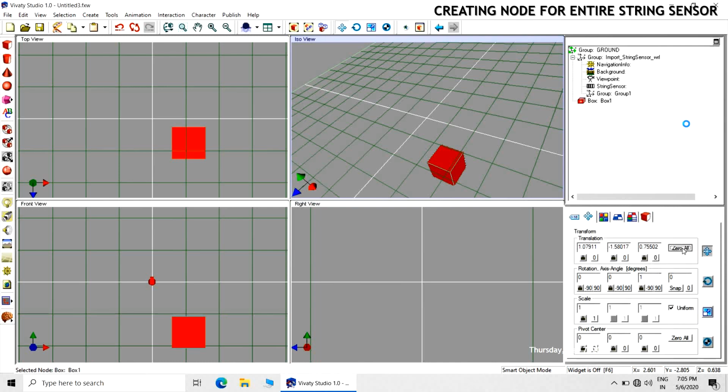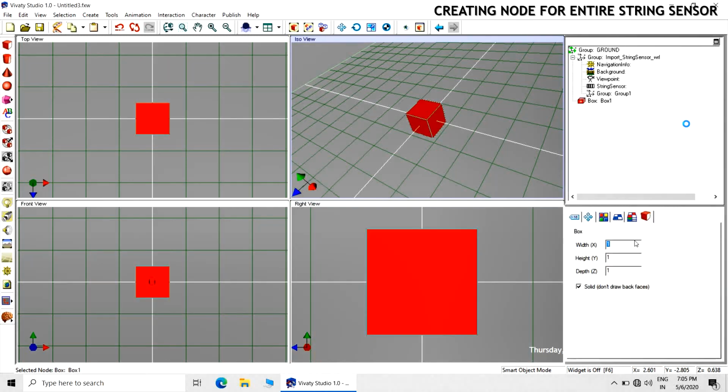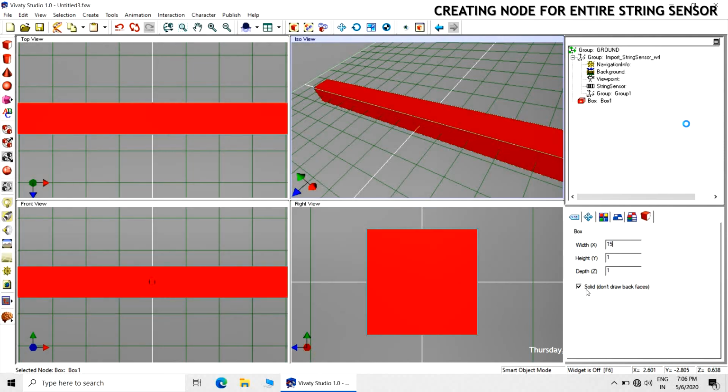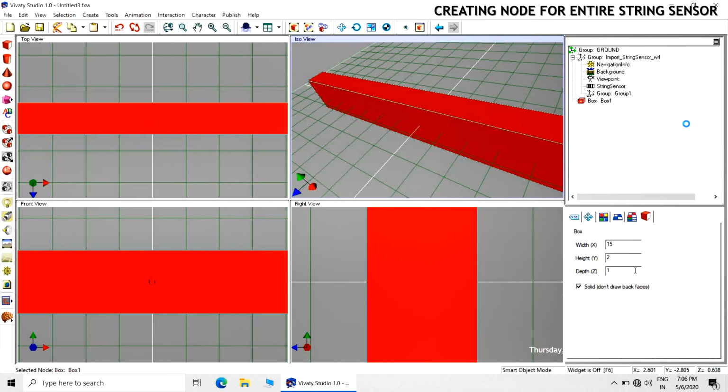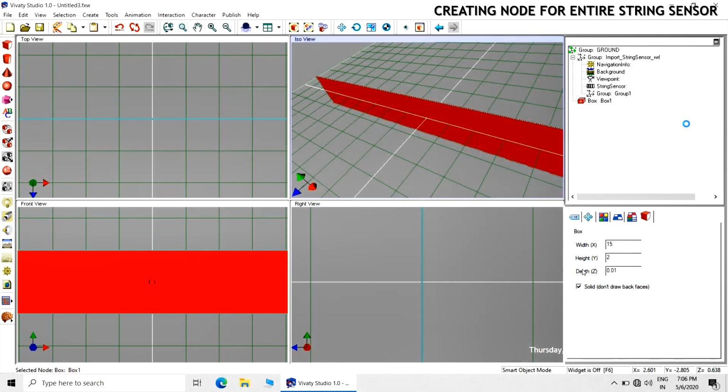Then we will be creating the box. Text will be displayed in front of the box, so it will work as a background. So you will feel that you are writing some text on the board. The box will form the board. Take the width as 15, height 2, and the depth should be very thin, 0.01 will be perfect.